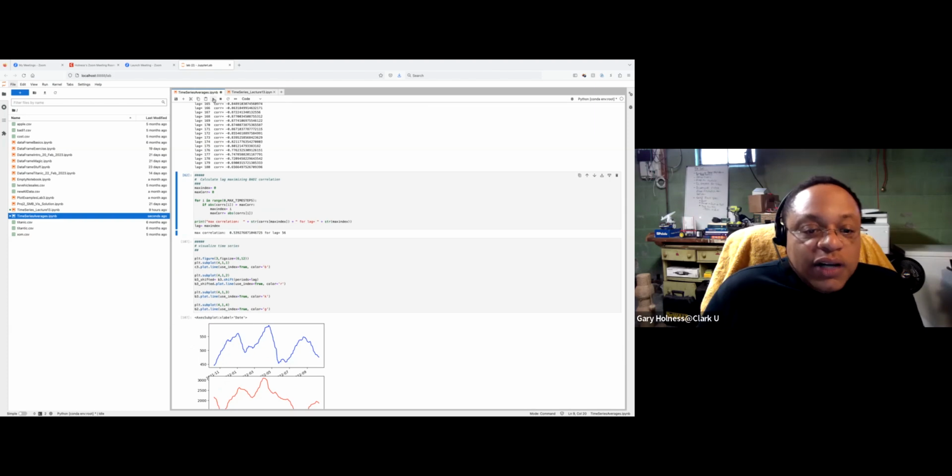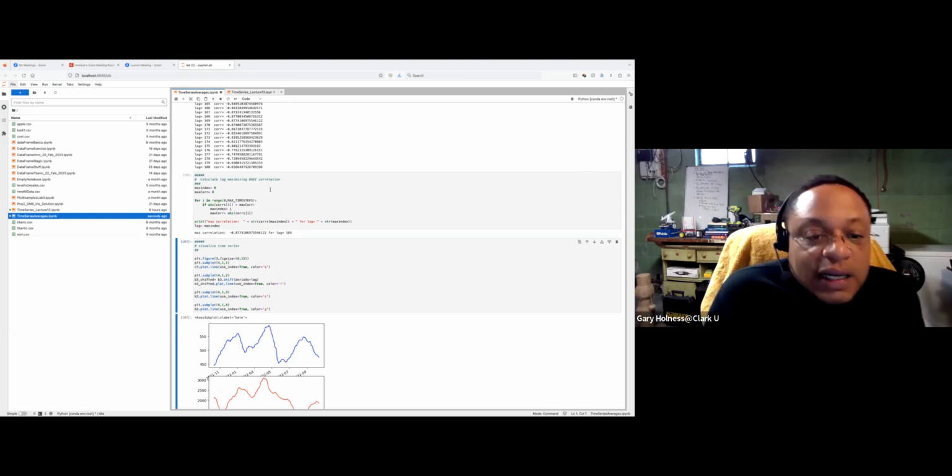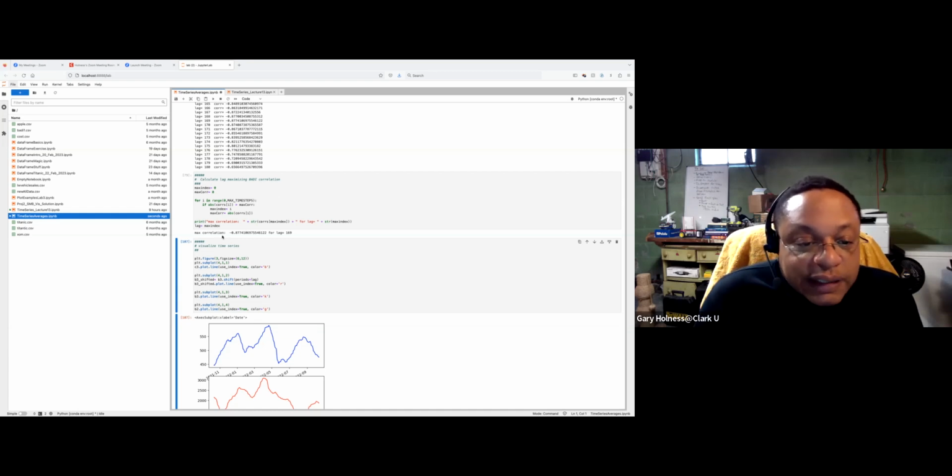Okay, so 180 reporting periods exceed certainly 6 months. And if we take a look at our correlation, now over that longer window of lags or set of lags, we see that the correlation now is negative 0.87, which is a fairly strong correlation between the Baltic Dry Goods Index.